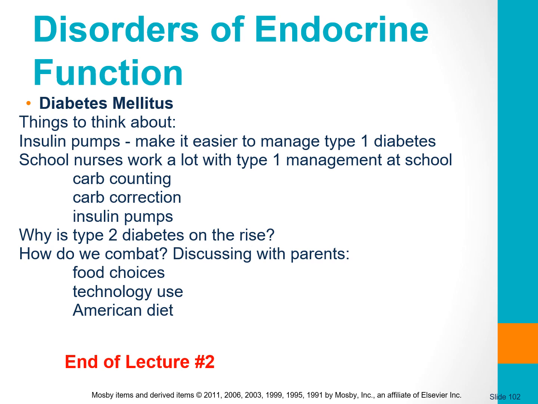And then, that being said, type 2 diabetes is very much on the rise. I think that the textbook is a little bit outdated in the fact that it has not caught up to the issues with our American diets and food choices. So type 2 diabetes and childhood obesity is very much on the rise. So I would like you to think, how do we combat this? What do we discuss with parents? These are big needles that need moving in our food industry and our experiences of raising children,